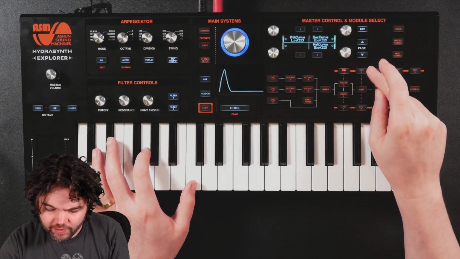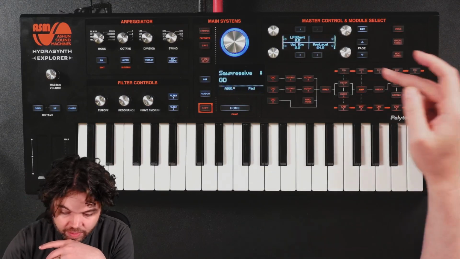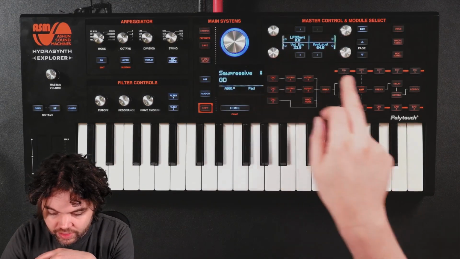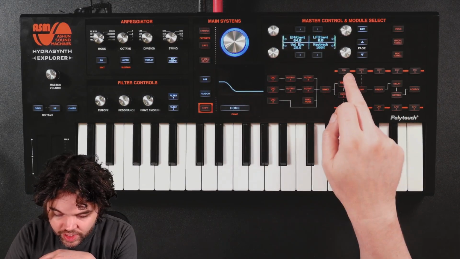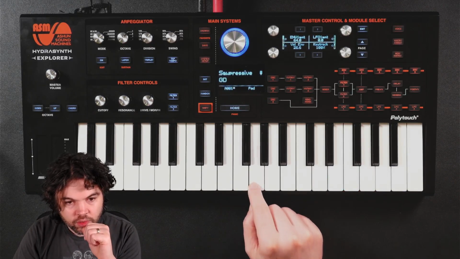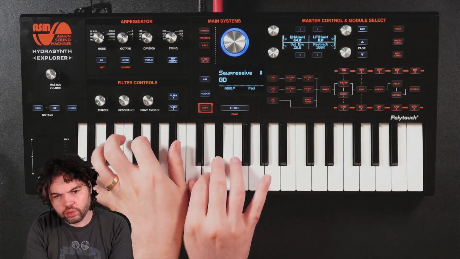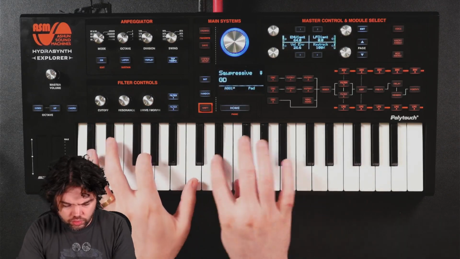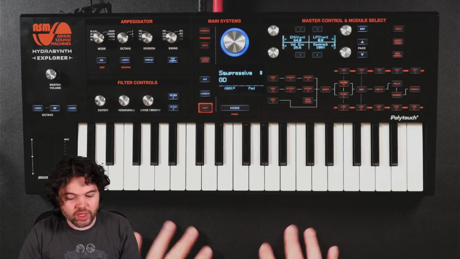So, first I'd like to do something with velocity. Now, I have the capacity here to set some velocity modulation to the amount of envelope 2 applied to the amp, for example. I can also set how much of this envelope 1 is applied here based on velocity, which is already interesting. So there's already a little bit of expression going on there,